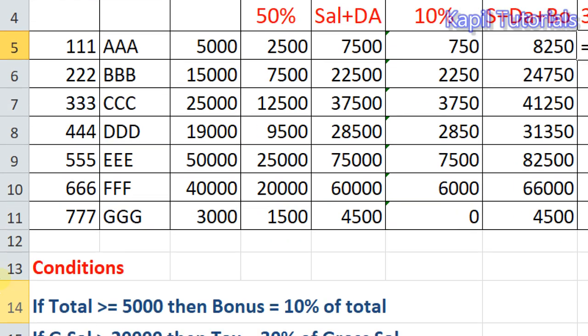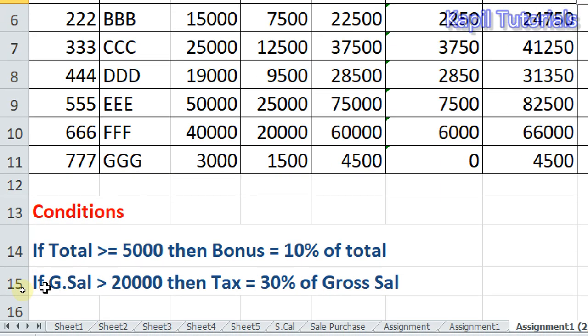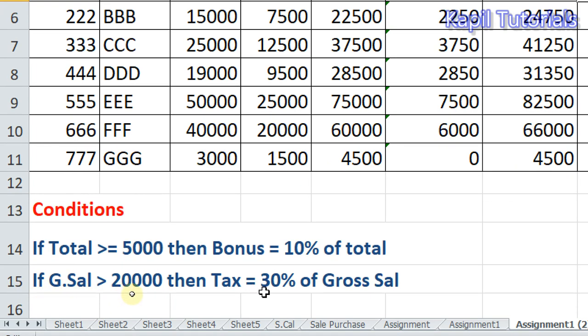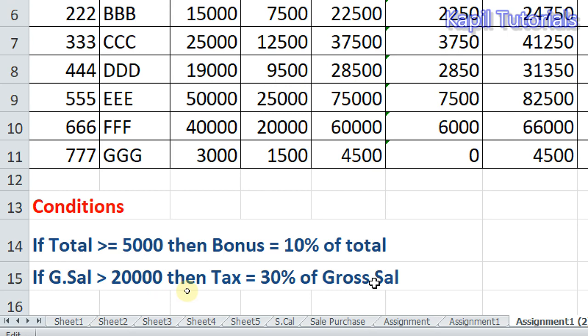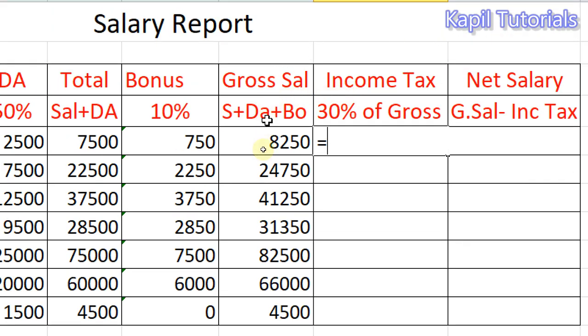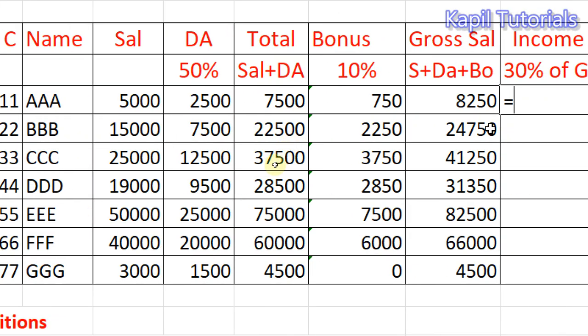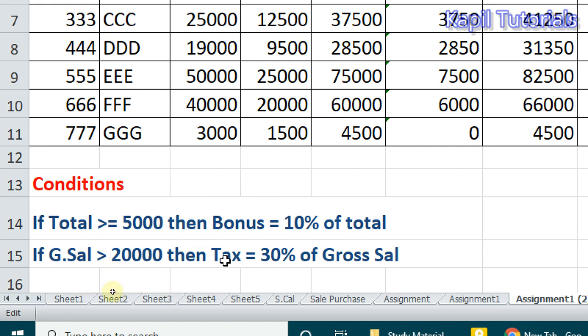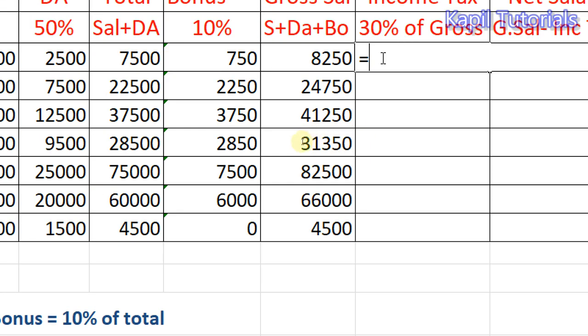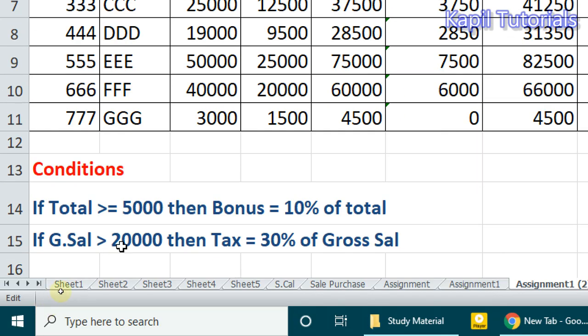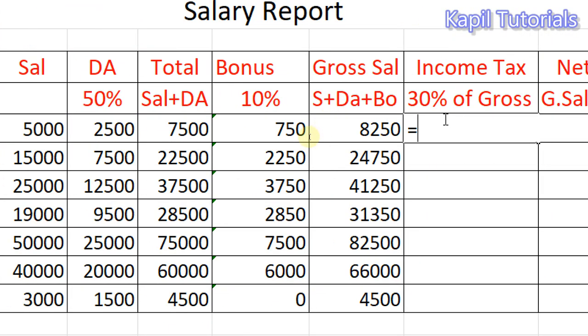We have to calculate the income tax actually. The condition was gross salary greater than 20,000, then tax should be 30% of gross salary. So we have to see where gross salary is greater than 20,000, then we give the tax, and tax should be 30% of the gross salary. Actually we were not applying this condition there. So that's why that error was coming.